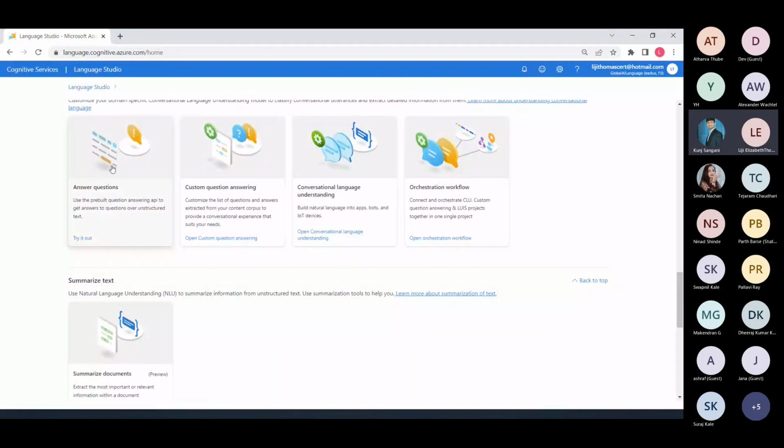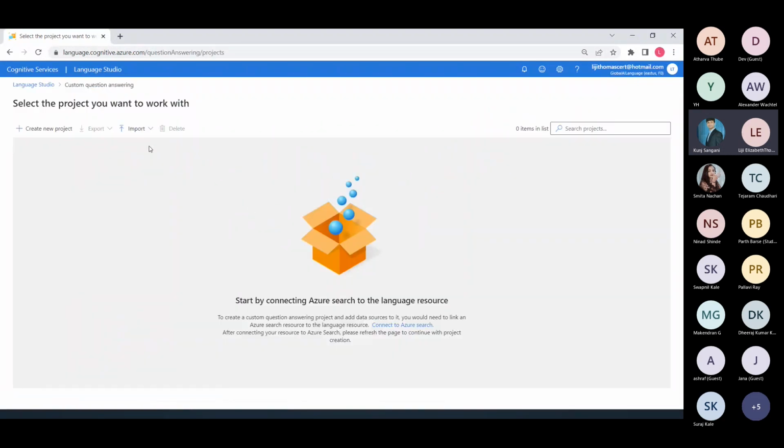So this is how, we just discovered this right now. In terms of custom question answering, you can create a whole new project. In this way, you build out an entire knowledge base of your own questions and answers. You can even import your own file. So if you have an FAQ document or you want to link to an FAQ site, you can do this.